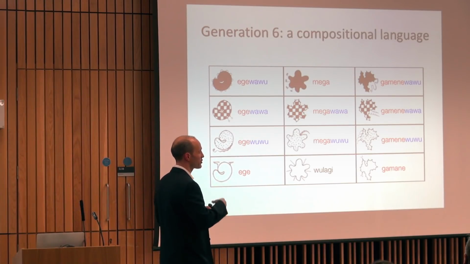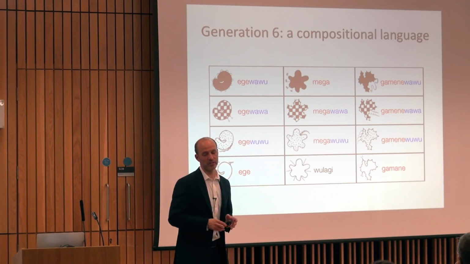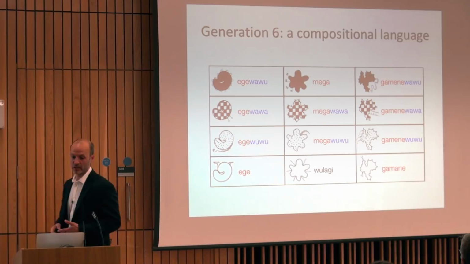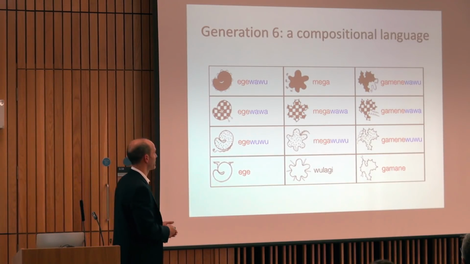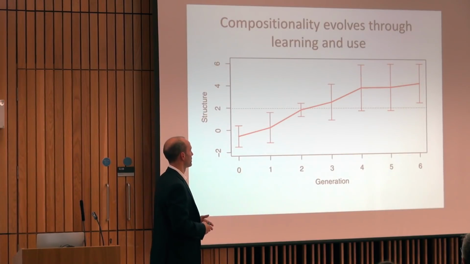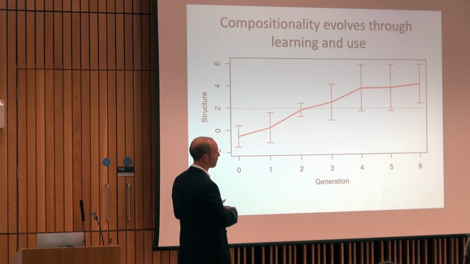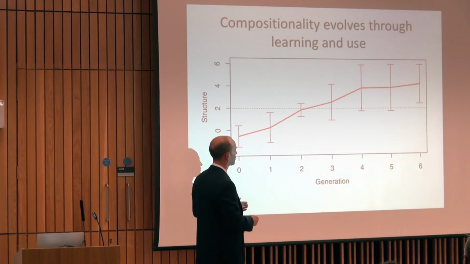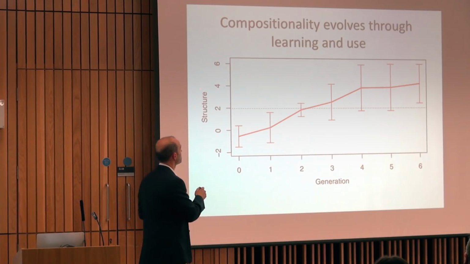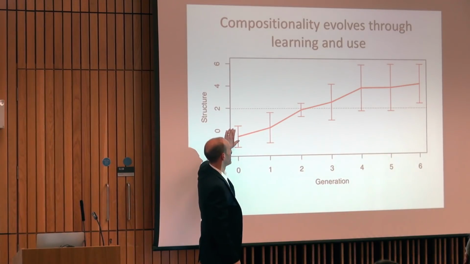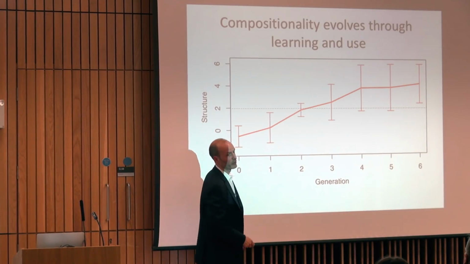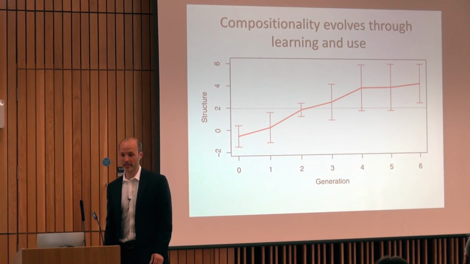And that compositional structure has developed just as a result of passing the language from pair to pair and using it during communication. This is an example of one language evolving this kind of compositional structure, and this happens fairly reliably. So if we track a bunch of such chains of transmission across generations, we can measure the extent to which those languages have compositional structure. The initial languages don't have any, and the amount of compositional structure increases as the language is passed from pair to pair.